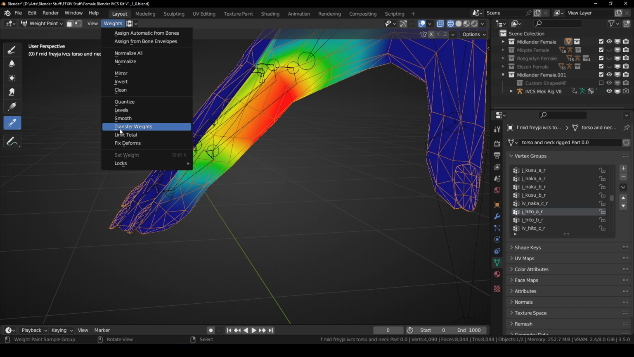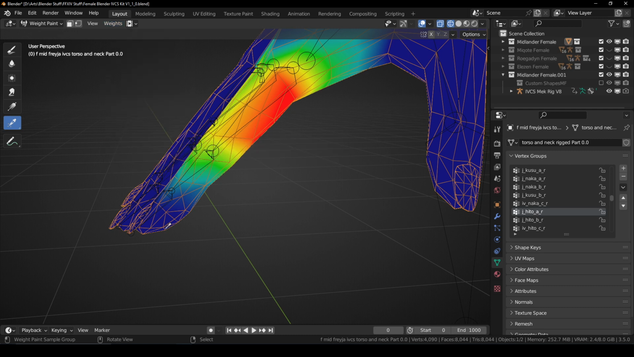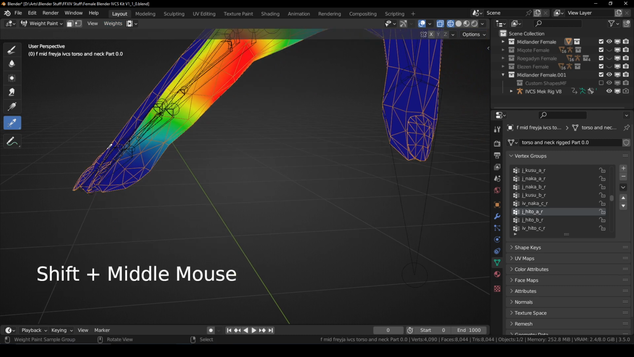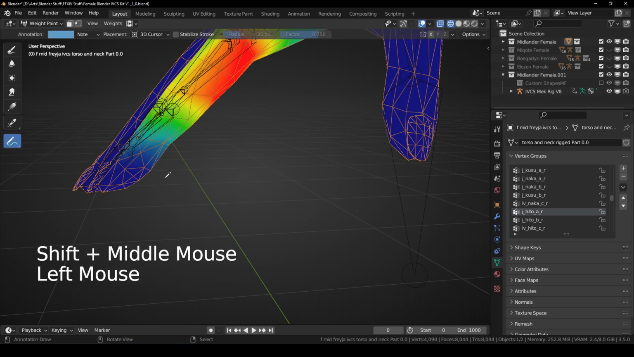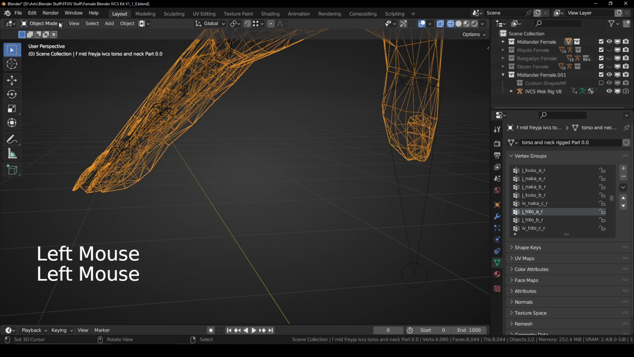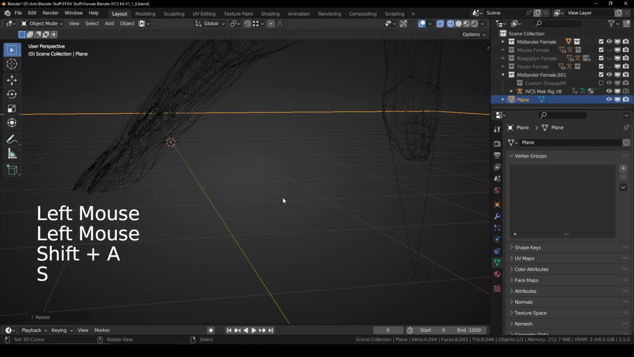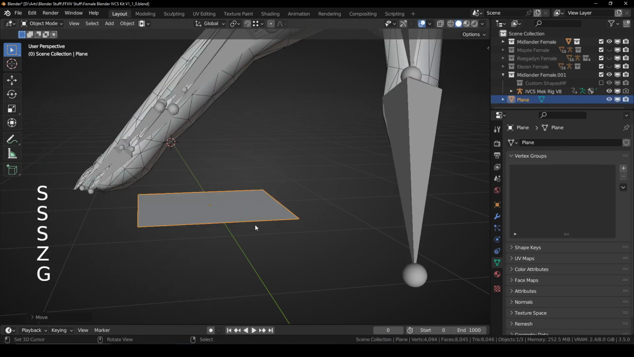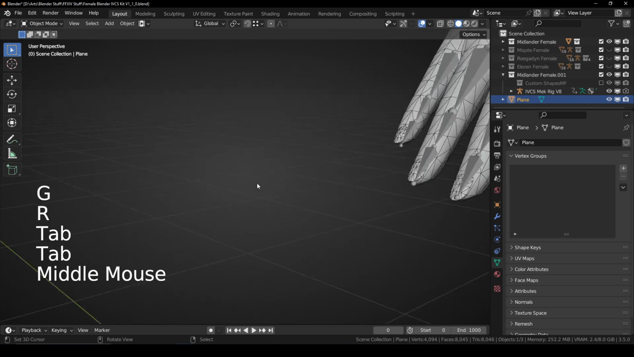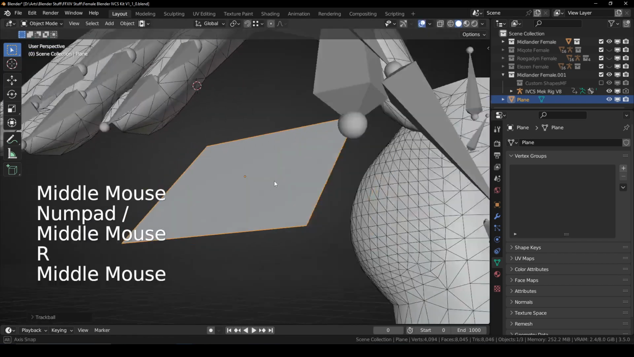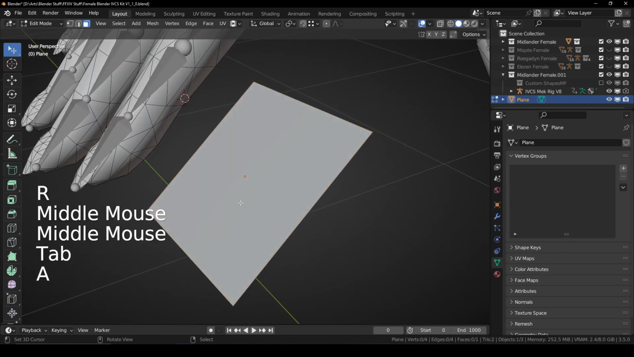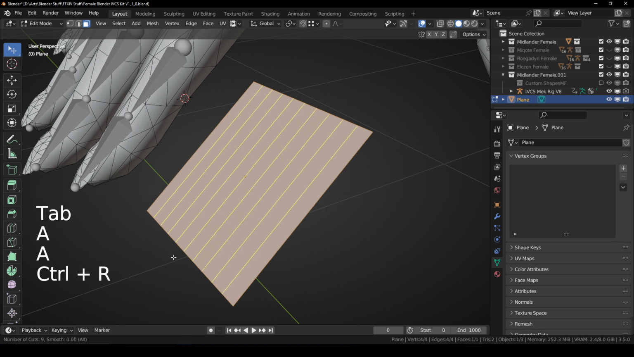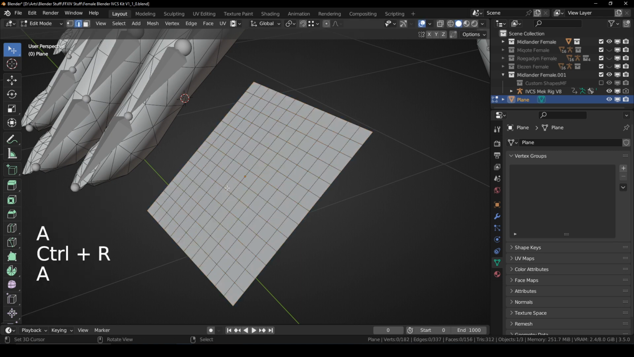I guess a lot of people in the Final Fantasy or modding community, or really anything, use transfer weights. I could actually explain kind of what that does. So maybe I'll go to object mode. I could just click here, add in a plane. So this plane is really close to my mesh, and maybe I wanted to transfer weights from my plane onto my